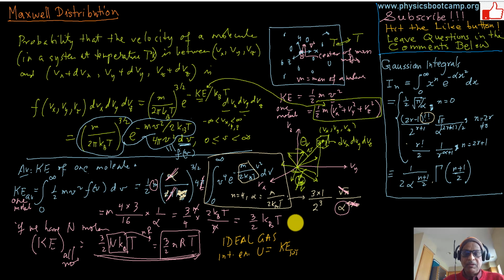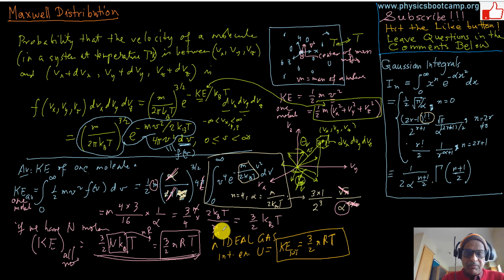So the ideal gas U is going to be 3 over 2 nRT. Now for a monatomic ideal gas, there's no other kinetic energy. If you have a diatomic ideal gas, then you can have rotational kinetic energy, and vibrational kinetic energy,